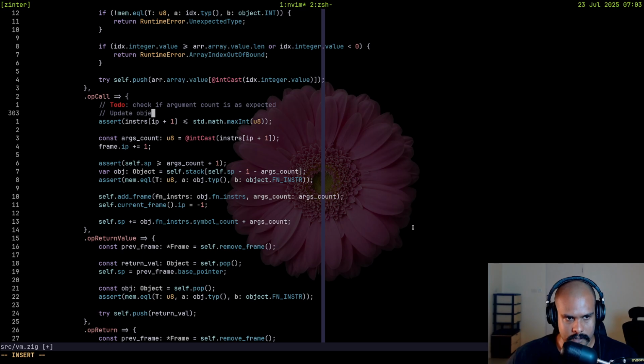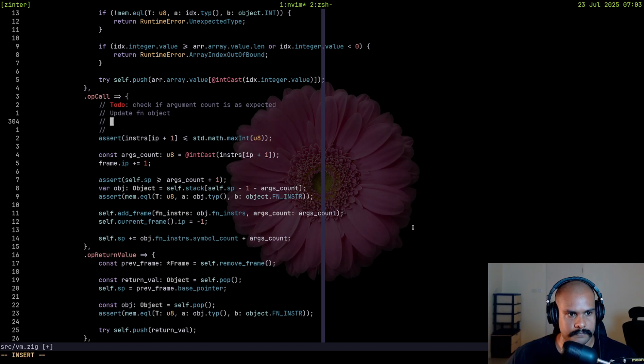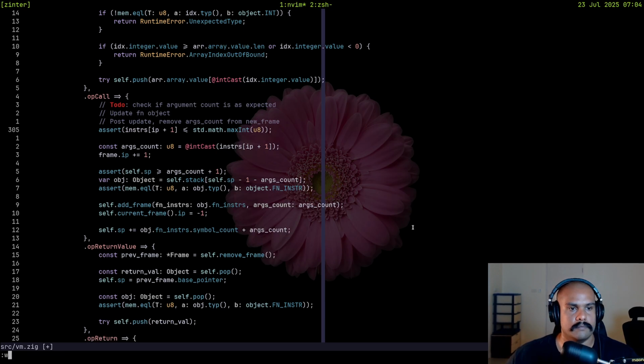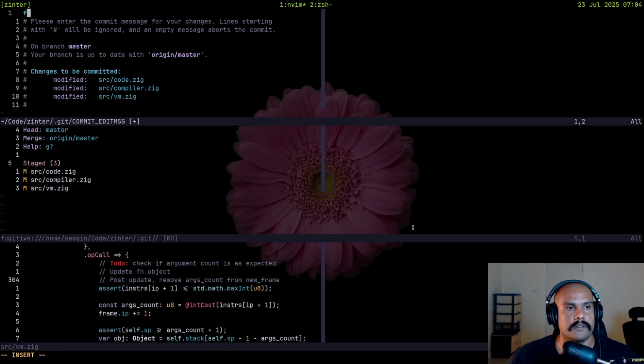Update object, post update, remove args count from new frame. Okay, that's for tomorrow. Function args now work.